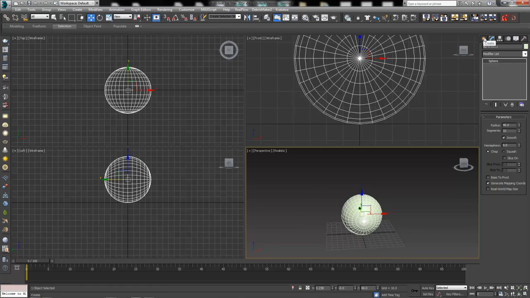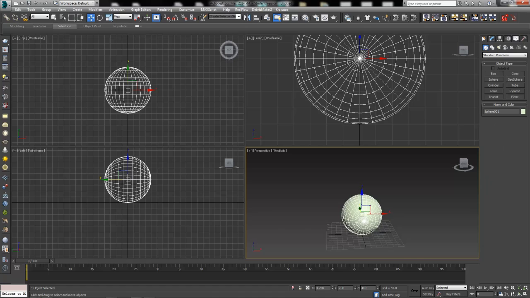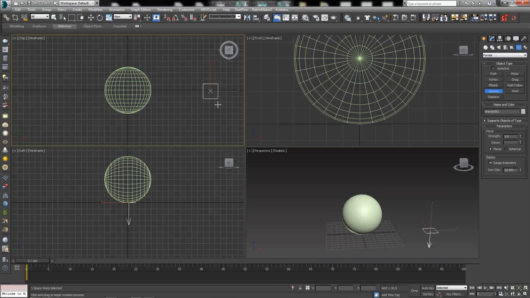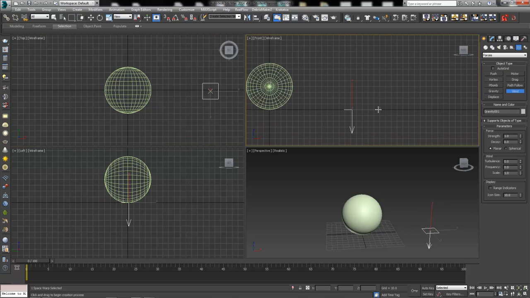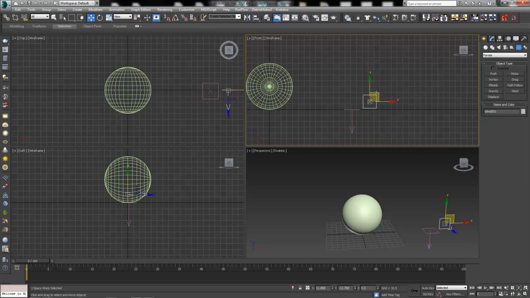We're also going to need a few space warps, so let's go back to our Create tab, all the way over here to the 3 wavy line space warps button, as my students like to call it, the bacon button. And we're going to need a couple of forces. Let's start with, of course, a gravity. And I'm going to go ahead and create a couple of winds. I'll create the winds here in my front viewport. One, and then we'll just copy that wind. Hold down Shift and drag, and we'll mark that as a copy.